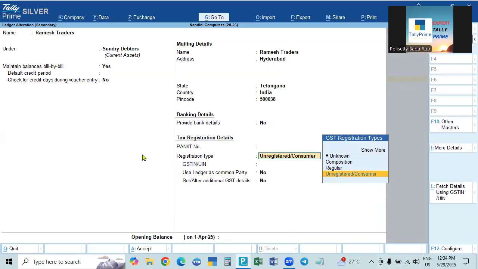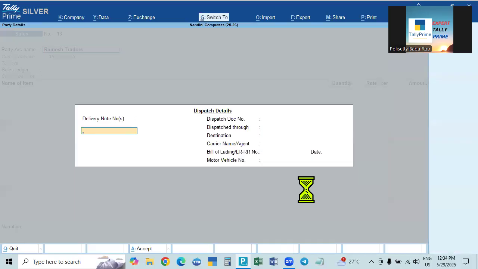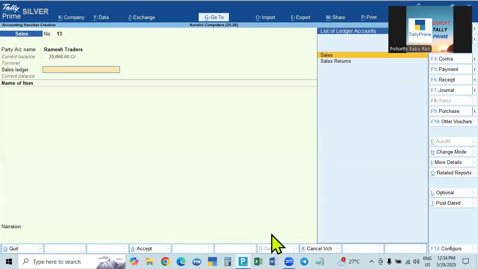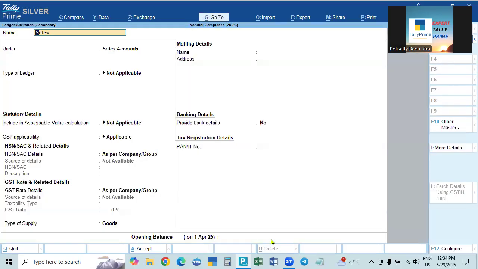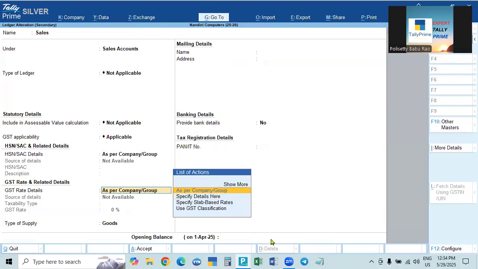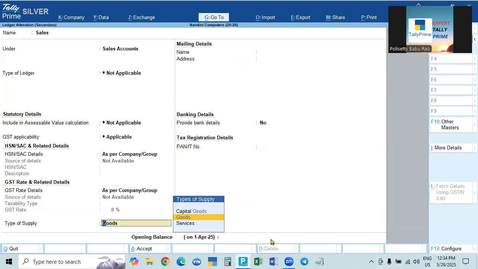If it is only a Ramesh, then it will be consumer. Okay, this is calculated. So now this is the dispatch details, then the party details, accept. Then you are making sales. So in the sales, you know how to create the sales account, sales group, sales accounts. GST is applicable. That's all. You don't give any details here because the HSN code, tax details and rate details will be given